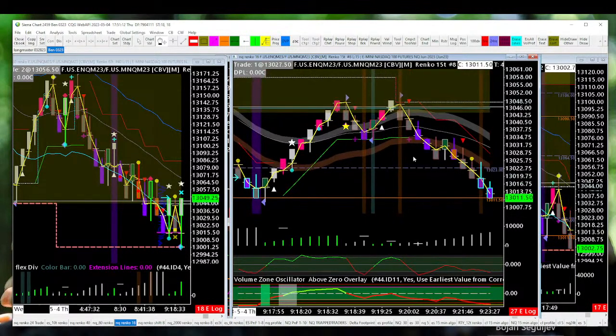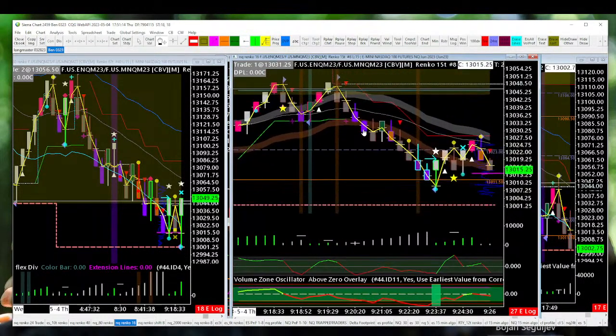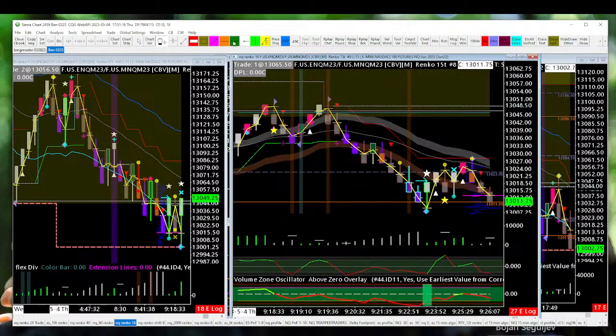Yeah, so let's see, where was I? So here, this one did not get the yellow dot. Well, in fact it did, but it got shifted down, which happens sometimes, right? But still, we got that little wiggle, whatever you want to call that. Like I said, I'm sure there's a name for it. I'm not going to worry about the technical term, but that to me means we have an impulse wave down,